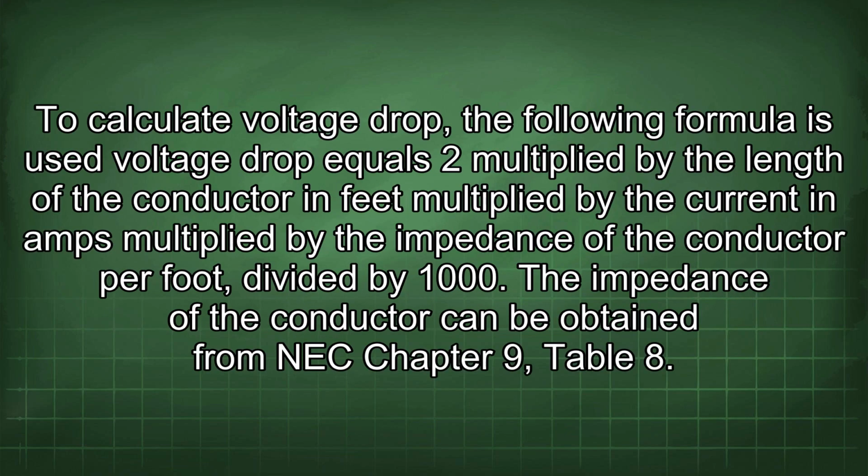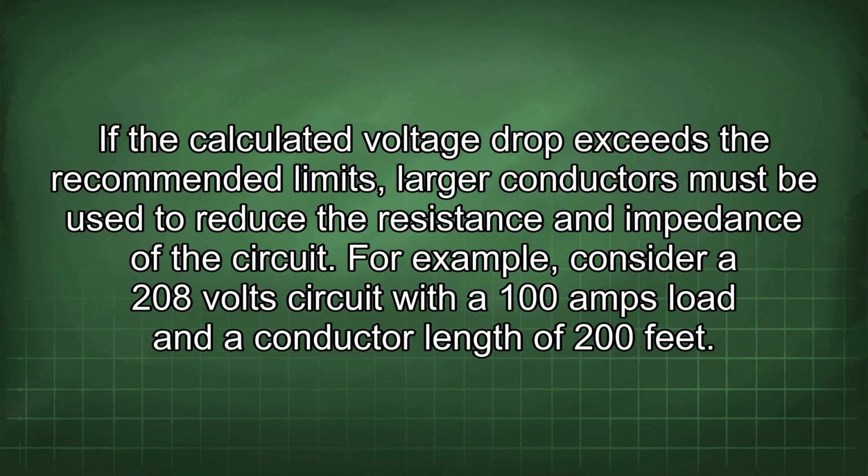To calculate voltage drop, the following formula is used. Voltage drop equals 2 multiplied by the length of the conductor in feet, multiplied by the current in amps, multiplied by the impedance of the conductor per foot, divided by 1000. The impedance of the conductor can be obtained from NEC Chapter 9, Table 8. If the calculated voltage drop exceeds the recommended limits, larger conductors must be used to reduce the resistance and impedance